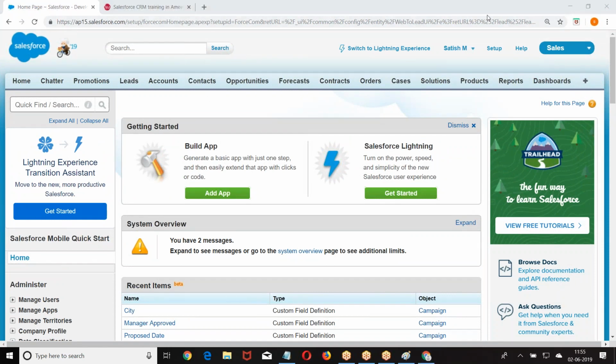Setup, build, customize, lead, web to lead. Select the fields, then give some website URL, generate the form, HTML code will come. Copy the HTML code as .html. I hope you are good. Next,